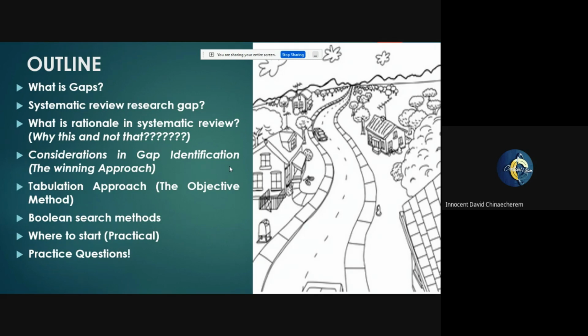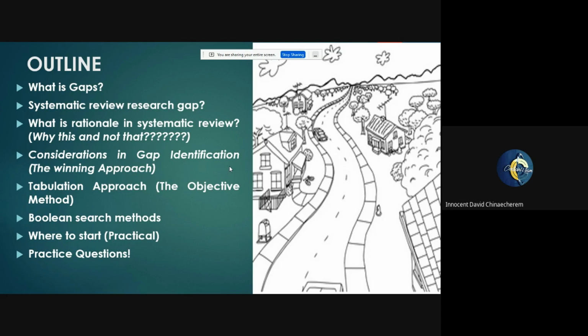How do we know if this is going to be the most suitable approach for you to be able to realize your gap? Because literally we ask a lot of questions every day, and these questions are seeking answers, and some of these questions have not been asked before. So what we want to do is to ask these questions and justify why we are asking them. We're going to have a very clear dummy of what this is all about.